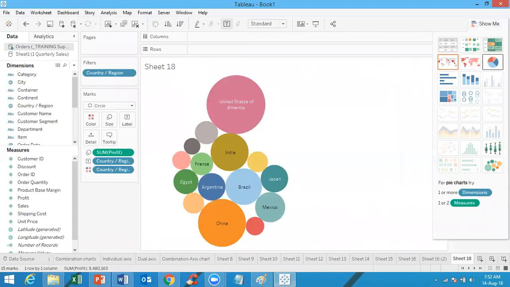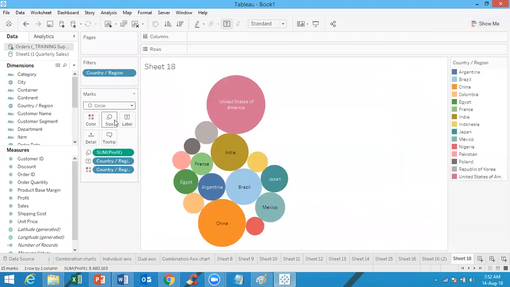Show a bubble chart like this and increase the size. Right, this is fine. So basically we are showing only those countries which have profit of more than 100,000. The US has the highest profit, followed by China and India